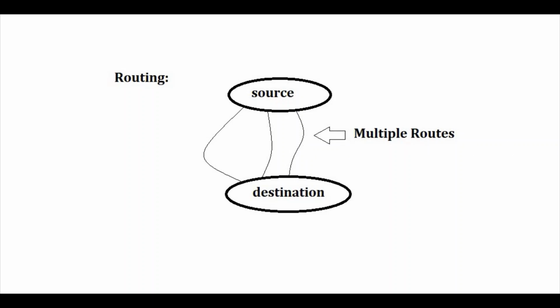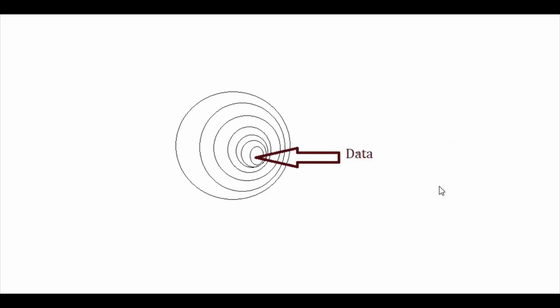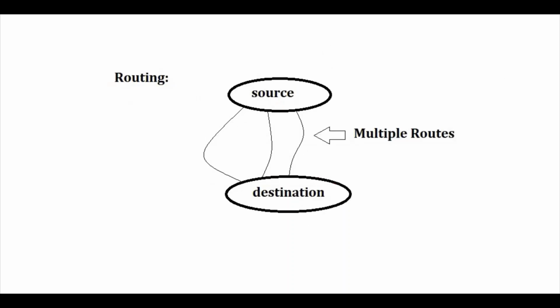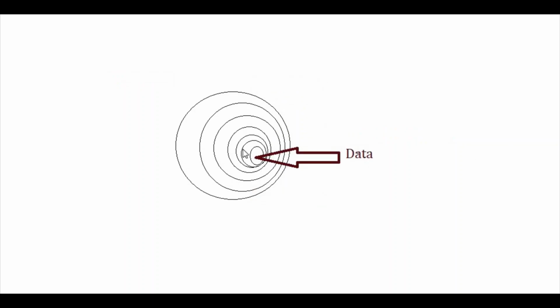Now there are different types of routing, and onion routing is one of the types of routing. In onion routing, data travels between nodes, and this data is encapsulated or encrypted, right? Just like there are so many layers to an onion, that's why it's called onion routing. There are so many layers to an onion, right? So this data contains many layers, and these layers are peeled off by onion routers on the way to destination.